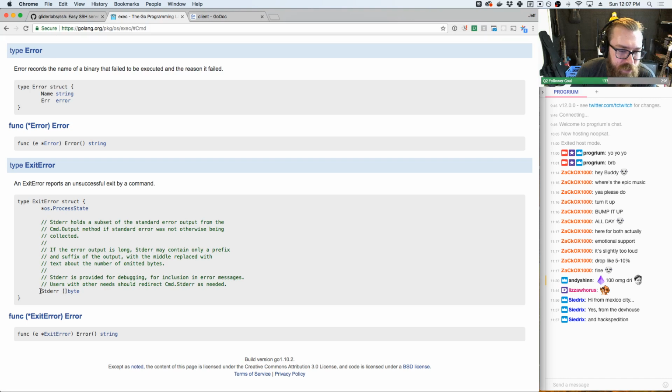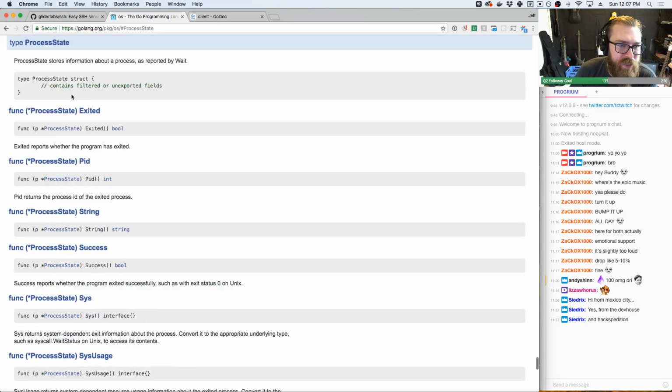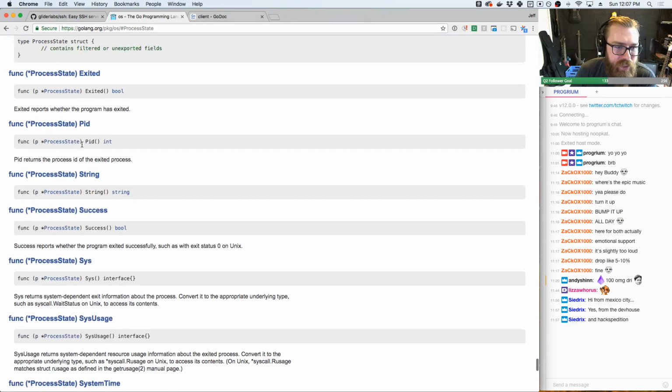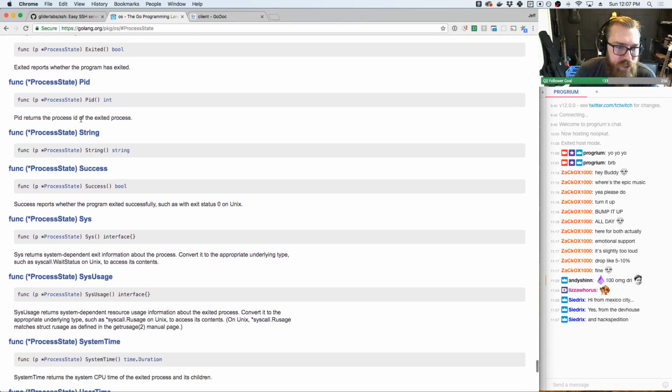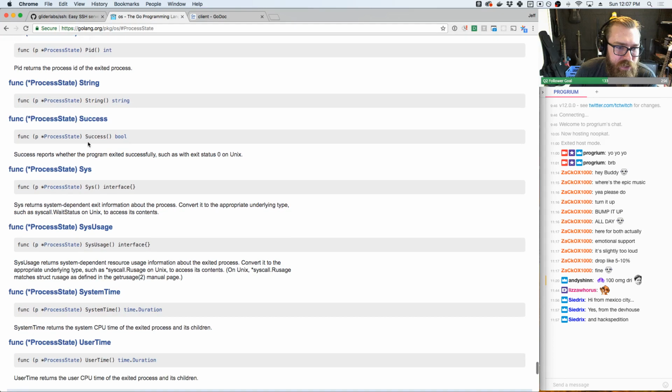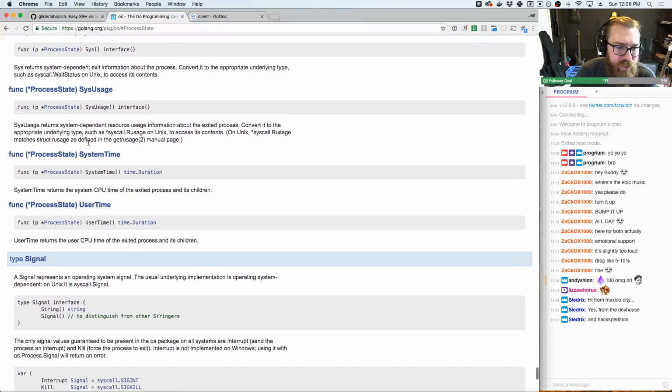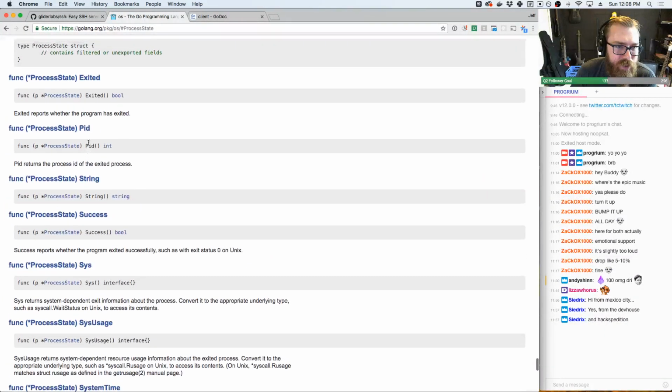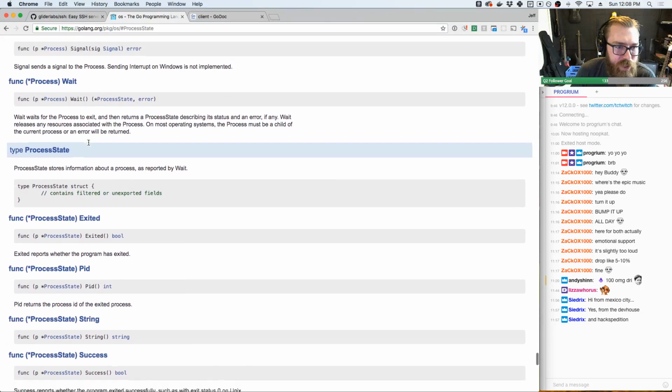That's interesting, another way to sometimes get standard error. Anyway, most of the time you want this, which is going to give us stuff like, did it exit? Of course it exited. What the process ID was, stuff like this. Most of this we don't care about. The thing that we do care about is